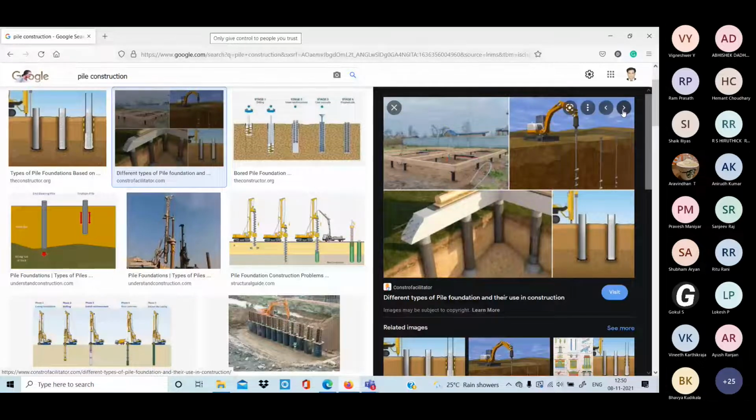Here we have used this technique to make a borehole, and from there